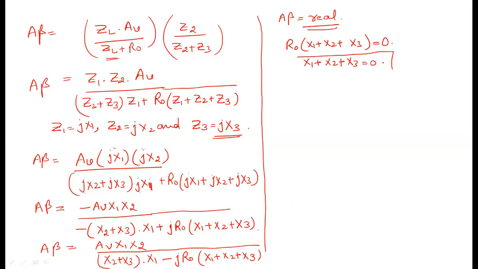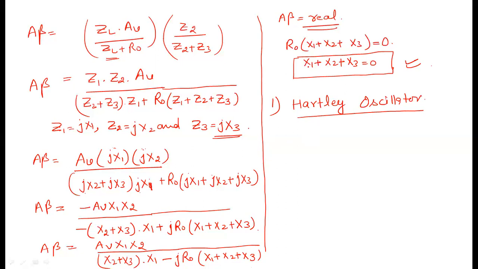So this is the mandatory condition for both types of resonant circuit oscillators, that is for Colpitts as well as Hartley. This expression should be valid. Now let's first discuss the Hartley oscillator. For the Hartley oscillator, we have x1 as an inductor, x2 as an inductor, and x3 as a capacitor. So let's write the x1 and x2 values for the inductors and the x3 value for the capacitor.